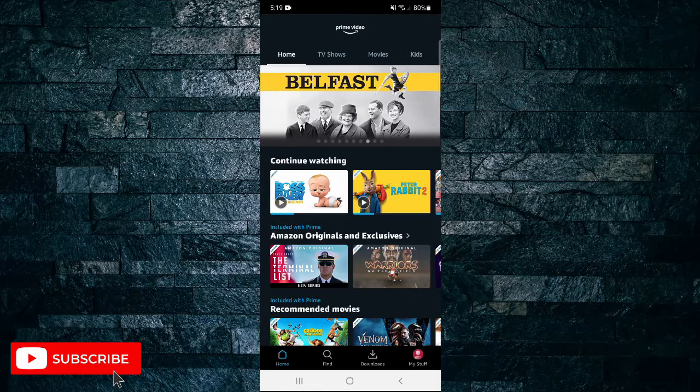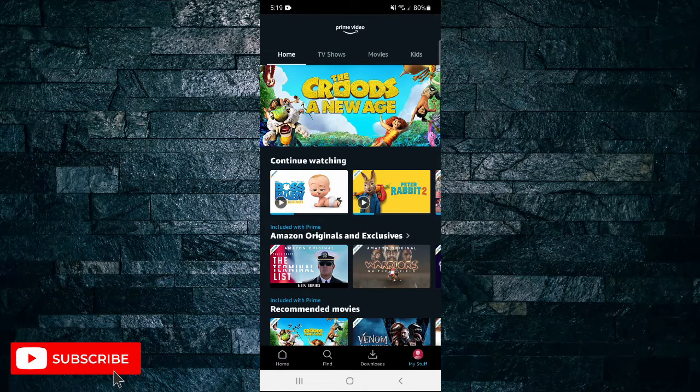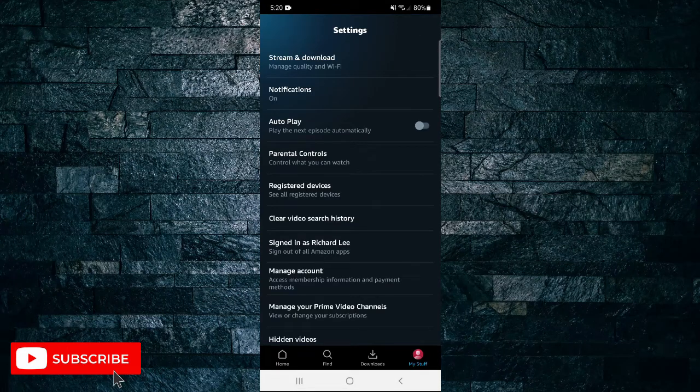Okay, straight into it. So first, of course, open up the Prime Video app on your mobile device. Next, tap on the My Stuff button in the bottom right hand corner. Then tap on the gear icon in the top right hand corner to take you to settings. Then about halfway down you'll see clear video search history. So if you tap on that,